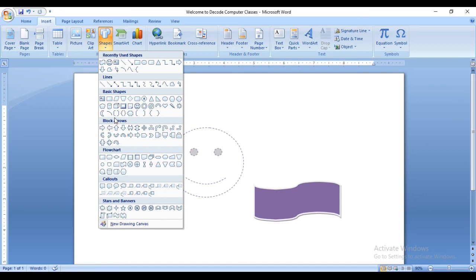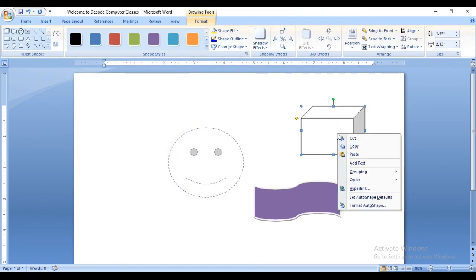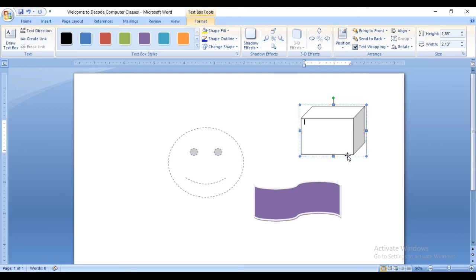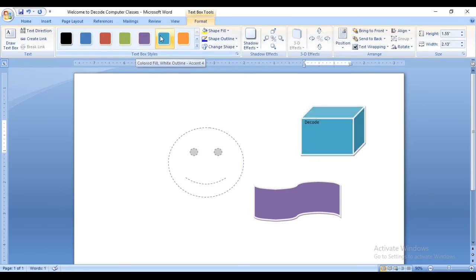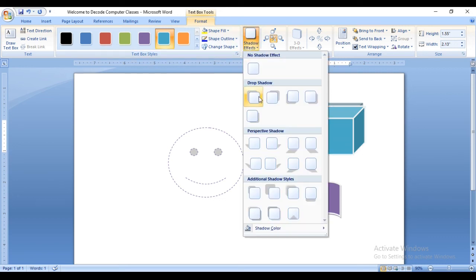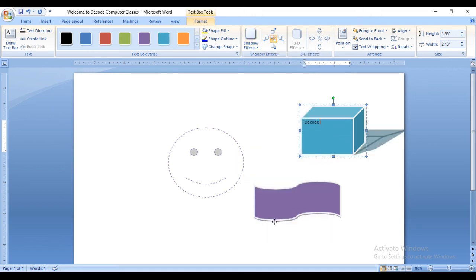Suppose this one, insert it, add text. So you can add the text in the shape, right? And different settings are here, like in effects you can use some shadow effects. This way you can use it.